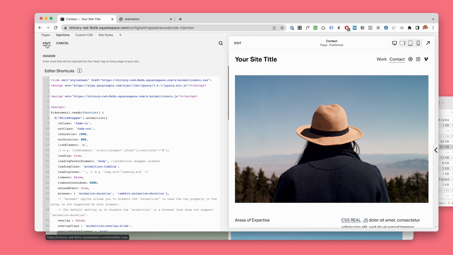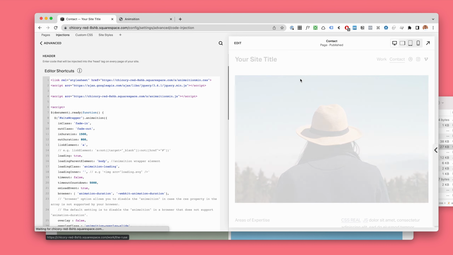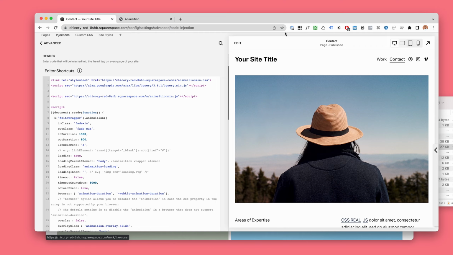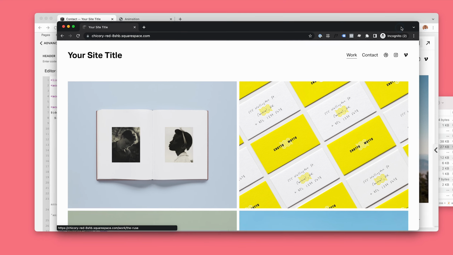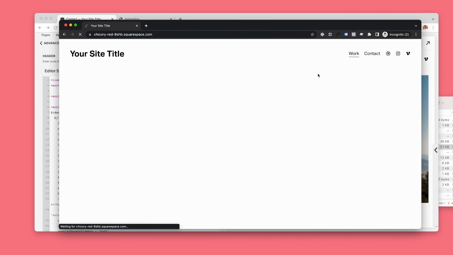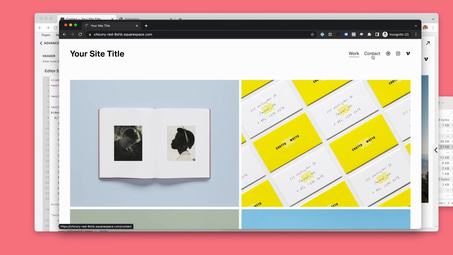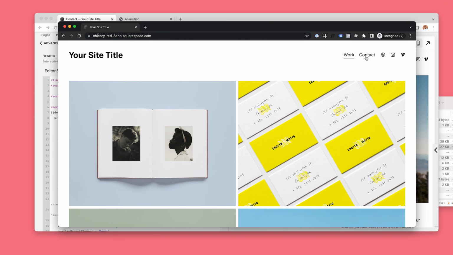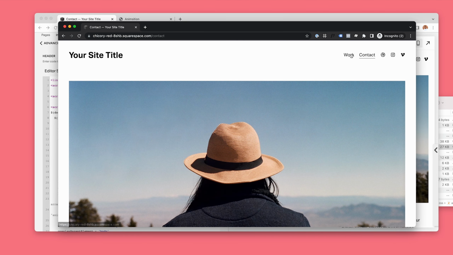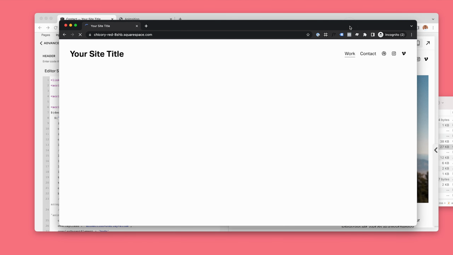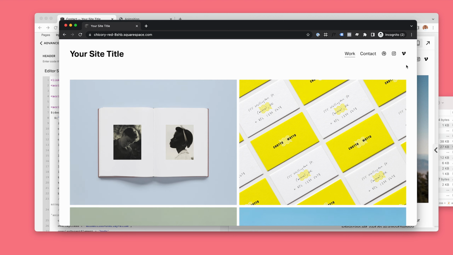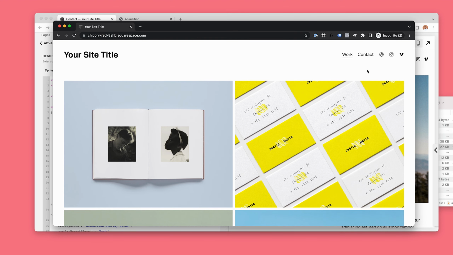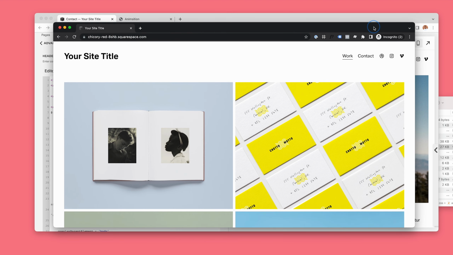Okay, let's hit save and switch to our incognito view, and let's see. And this is where we get to some of the Squarespace specific stuff. So as you can see, we're getting quite a bunch of glitches here,